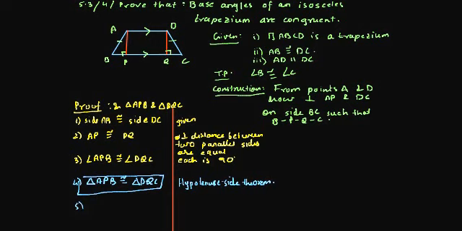And now as we have proved both the triangles to be congruent, we can easily say that angle B is congruent to angle C. Reason: CACT, corresponding angles of congruent triangles. Very easy. Thank you very much.